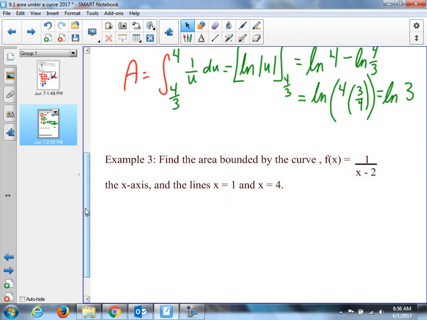Okay. Now, take a look at this one here. I'll give you guys a moment to do this. Set it up. It's similar to the other one, but